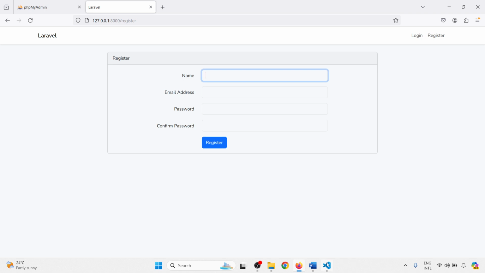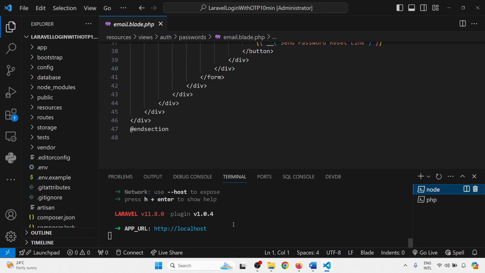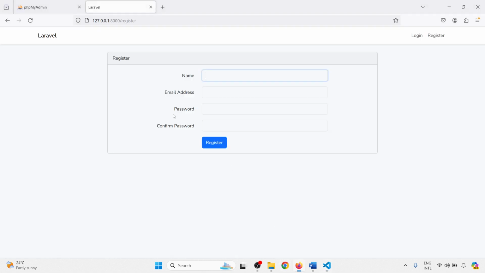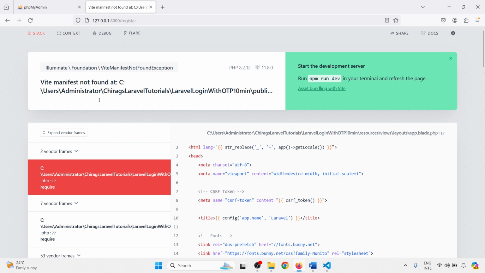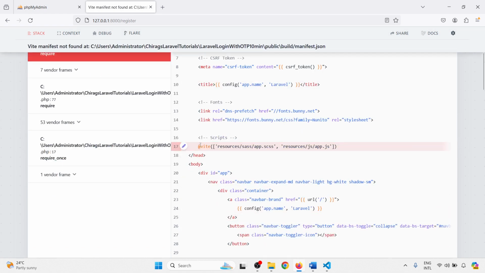Now just assume that you don't want to run node. I'm going to terminate this and I'm going to refresh the page. So I'm getting a white error. This page is unable to load. So for this, what I'll do,